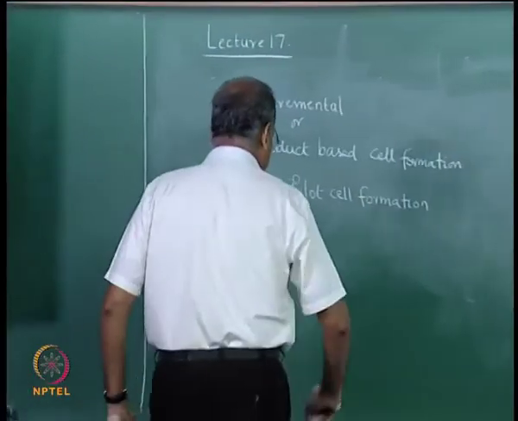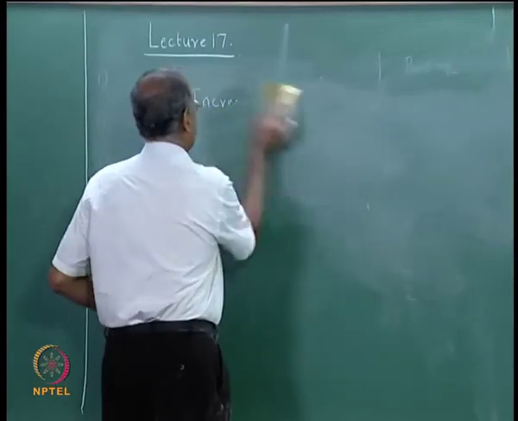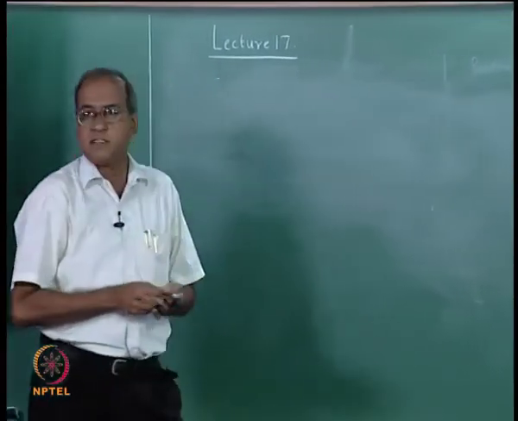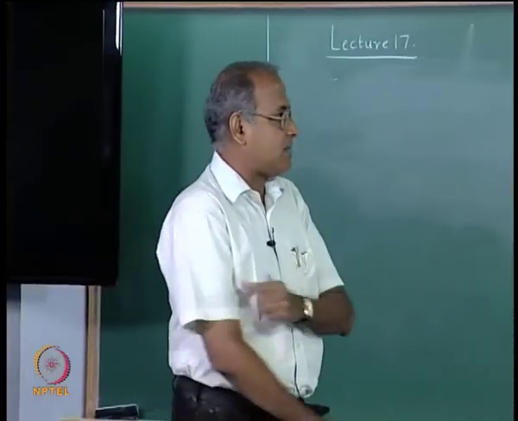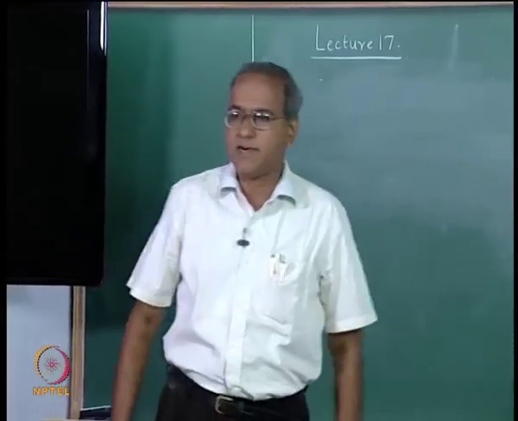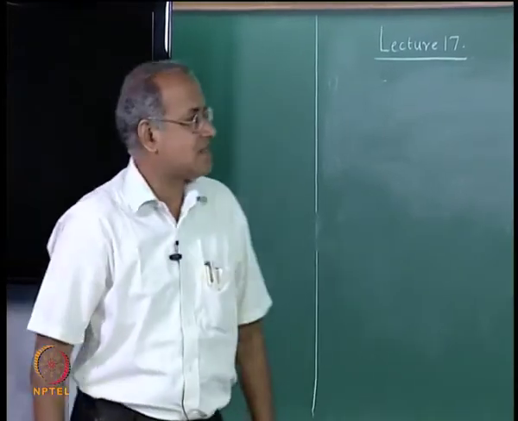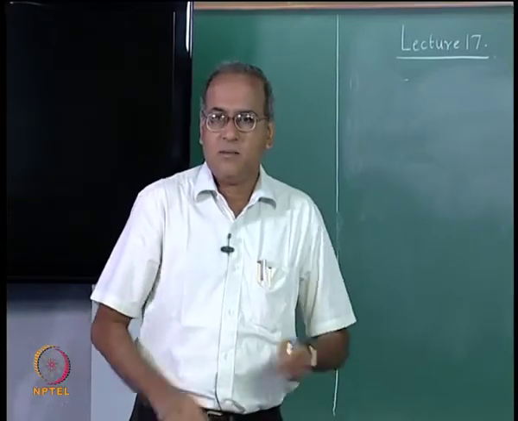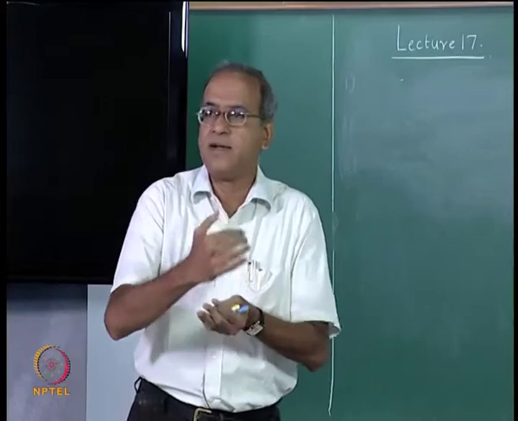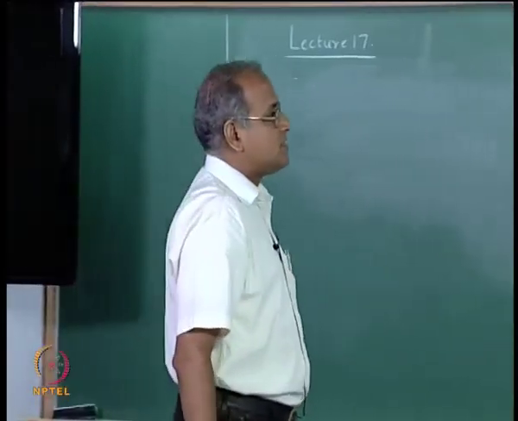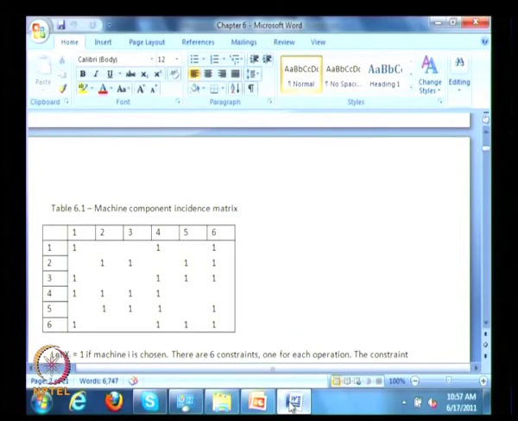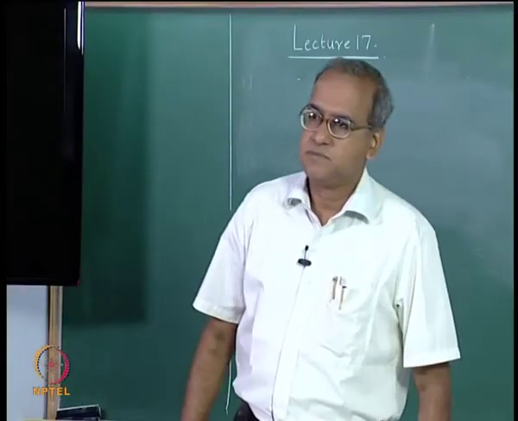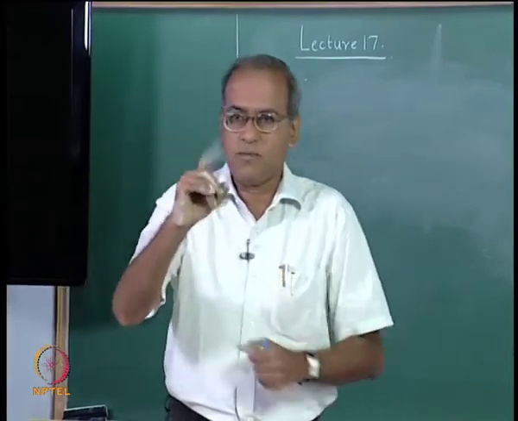Now, with this product based cell formation, we will look at some aspects of it. So, we are again going to capture it in terms of an incidence matrix to begin with, with a very slight difference. The matrix remains the same, but the way this matrix is to be read is slightly different. Now, we are going to assume that there are these 6 operations that are going to be performed. The columns now represent operations on the product, and this cell is going to make that one product.